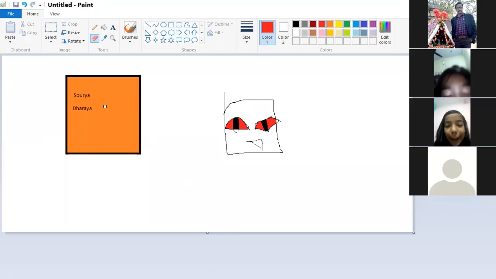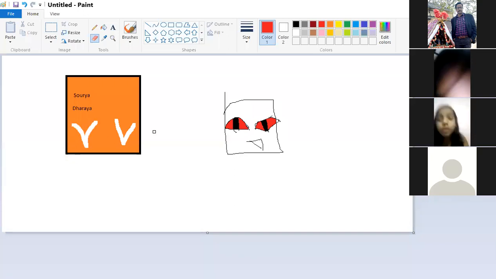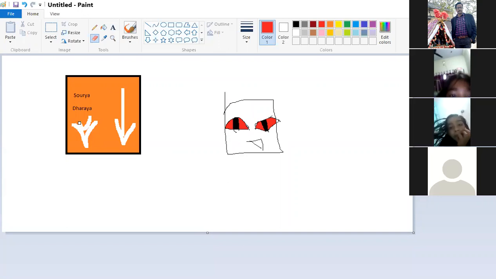If you see here, I want to rub with the help of the eraser. So I have erased some part of it. When I am erasing, it is coming in white color. The background color is white, and that background color is coming. So with the help of white I have erased.